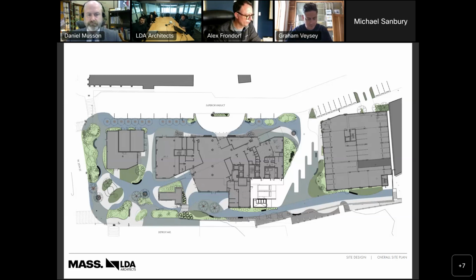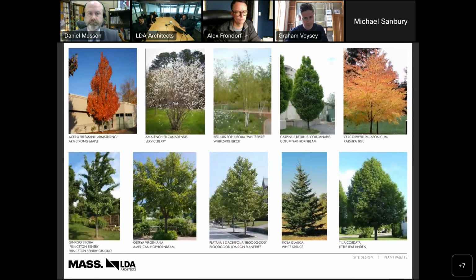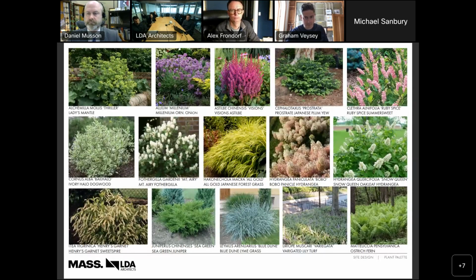The next slides will go into the landscape design, and this is showing the overall site design with both the hardscape and soft landscaping. So I'll let Emily give you more detail in regards to those items. Next slide. So the species selected for this project provide a variety of diverse and climate appropriate trees, shrubs, and perennials. You can go to the next slide.